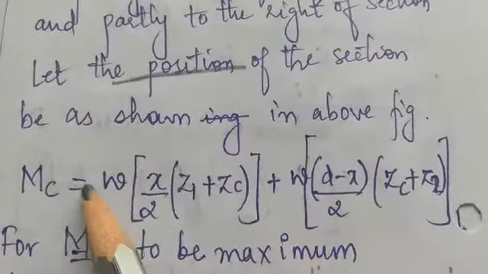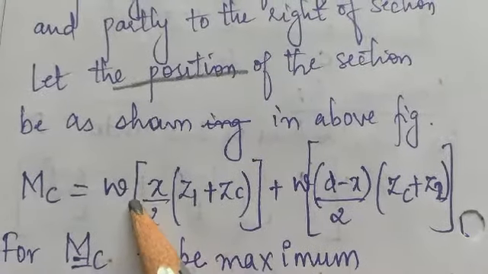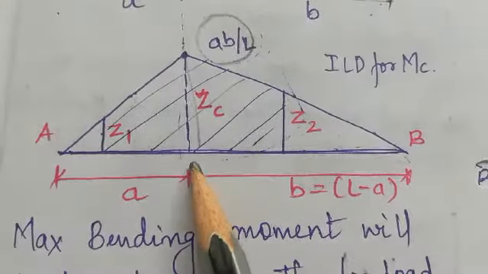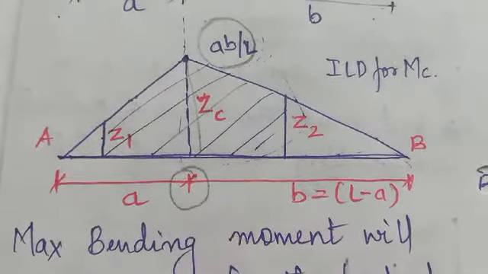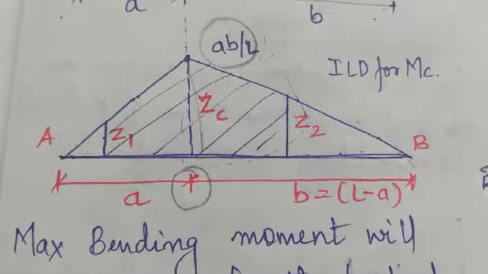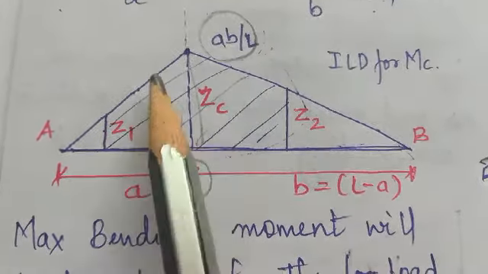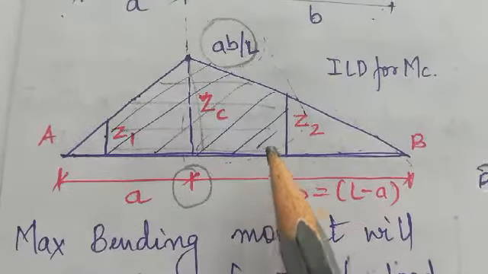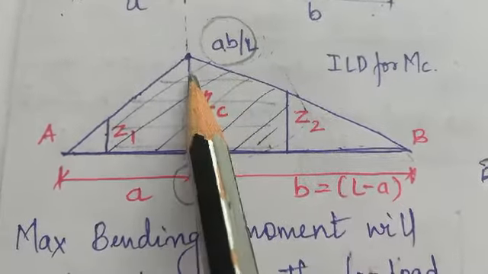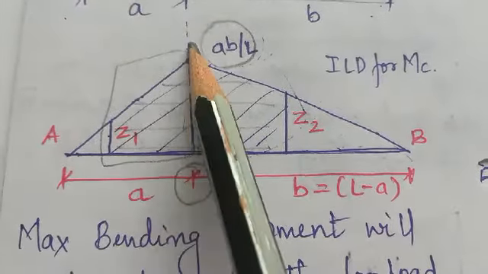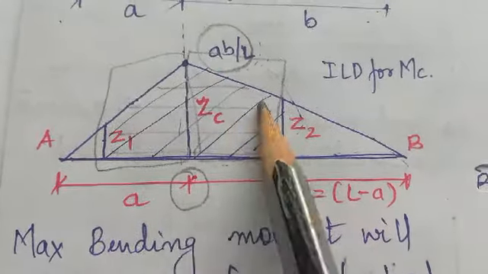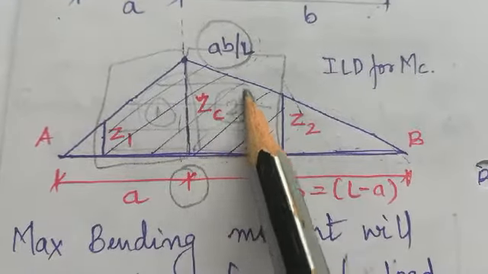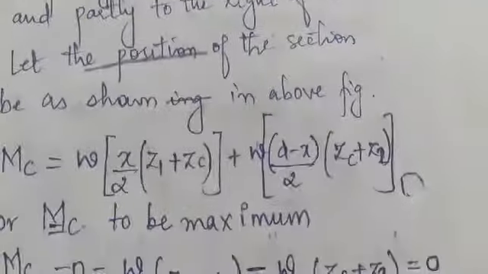Moment at C is given by what? Load. Using the influence line diagram, I will calculate the moment at C. So what will that be? Load multiplied by the area under this UDL. Let me calculate first for the left section and then for the right section. I am dividing this area into a left side that I'll name 1 and a right side that I'll name 2. So the equation will be what?